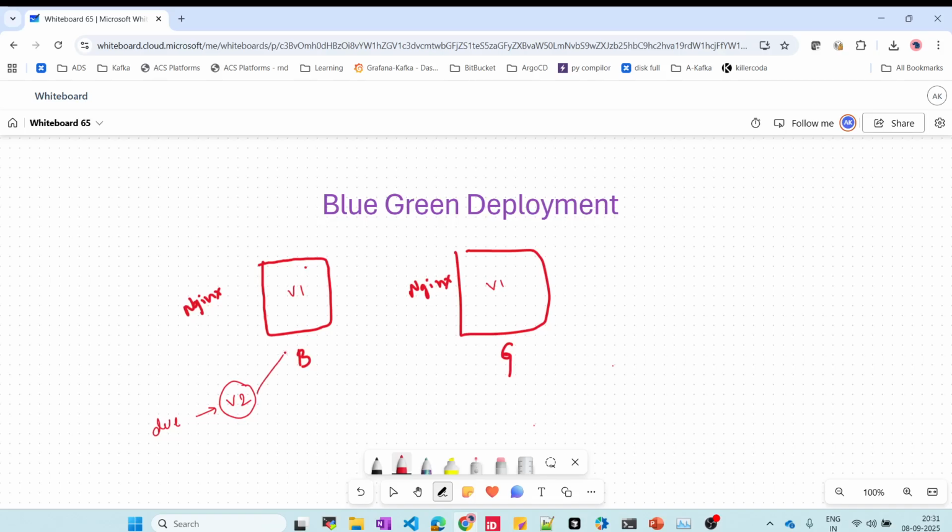We can't deploy this version 2 directly in both the environments. In case we deploy both at the same time, there may be some issues which may occur. For example, during deployment, the server may crash, or the application might have some bugs, whatever it is. So instead of deploying it on both the environments, we will deploy first on one environment,